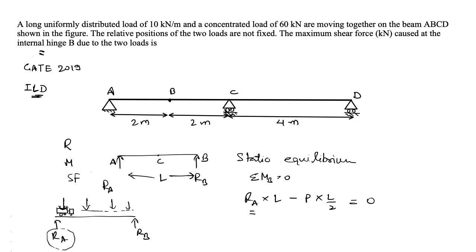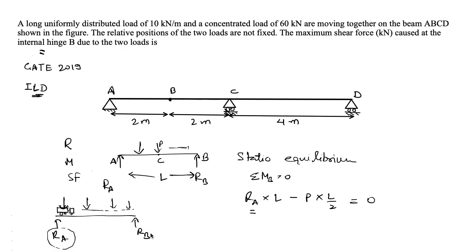If the load was acting at this point A itself, then the value of reaction will be different. Then let's say if we put it here, removing it from the first place, then the value of the reaction will change. Similarly at C, if this load moves, then the value of reaction will change, and so on. So the value of reaction at A changes when the load moves on this span. So influence line diagram basically gives us the value of this reaction. I mean, it can be any other function, reaction, moment, shear force. So it will give us, for example, the value of this reaction as the load is moving on this span.